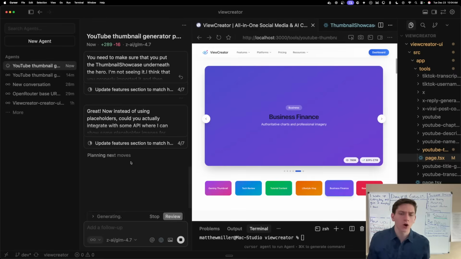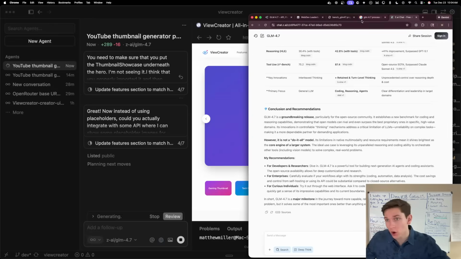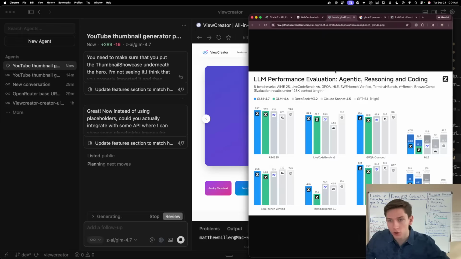Now, if you are on a budget, you can go back to the benchmarks and say, well, look at the benchmarks, it's not too far off, right? The model is comparable with Sonnet 4.5 and 5.1, but not really. Like at this point, Claude Sonnet 4.5, I mean, I don't know who's